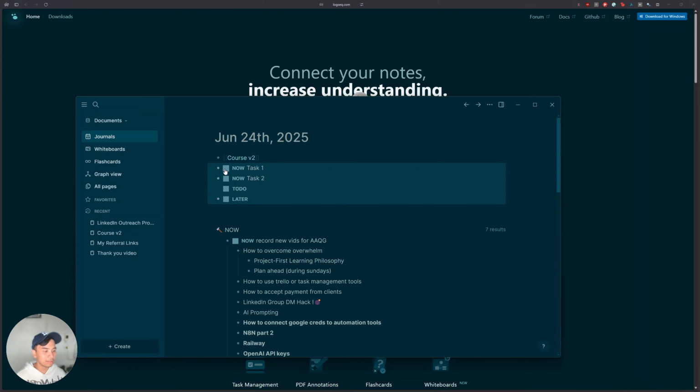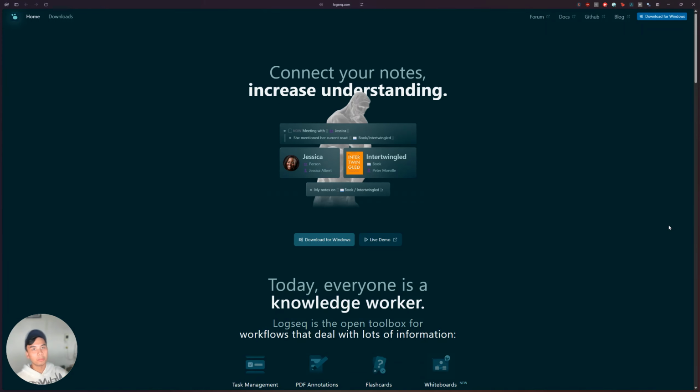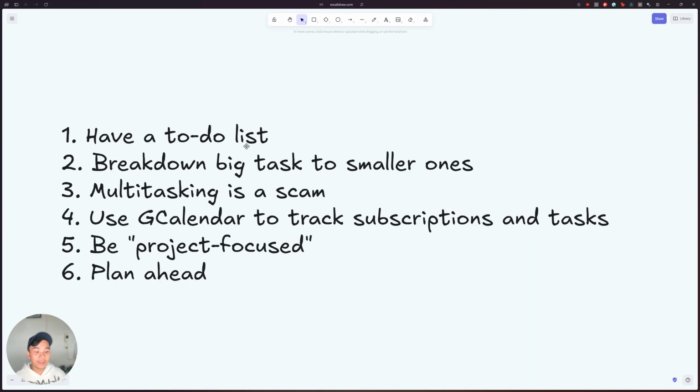Because the worst thing that I experience is I've got a bunch of tasks, then I forget to put them in my checklist, and then a day goes by, a week goes by, I forget it, and then the client says, "Were you able to do this?" I've got nothing. The only excuse I have is I forgot. So definitely use any task management tool that you can get a hand on. Again, paper and pen is already pretty much good, but definitely try Logseq. It's free, and Trello. Now, have a to-do list. We're done with that.